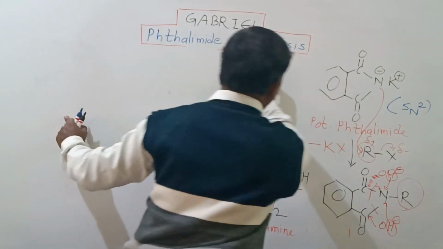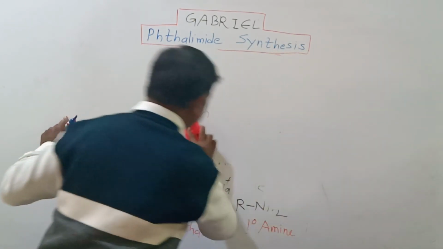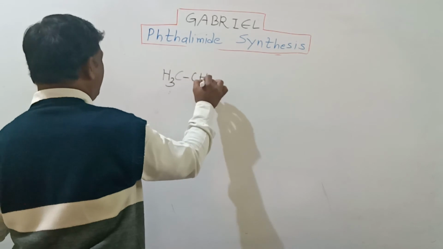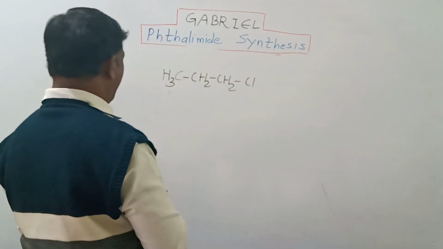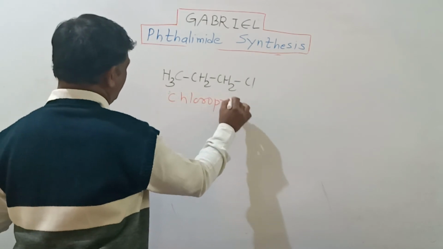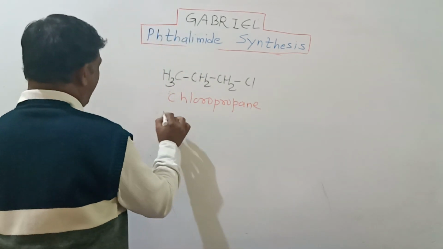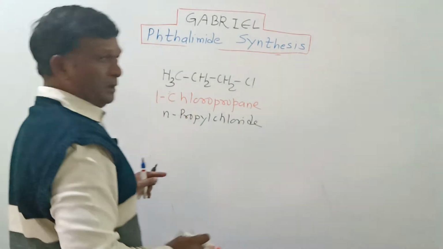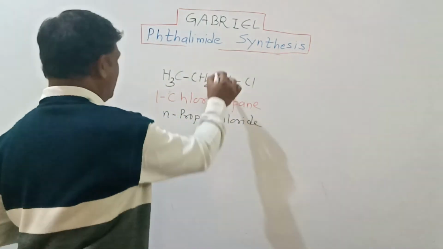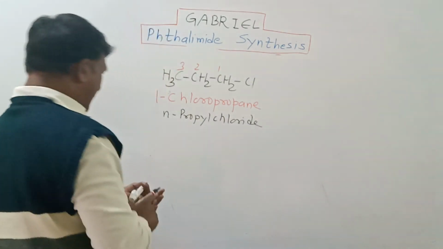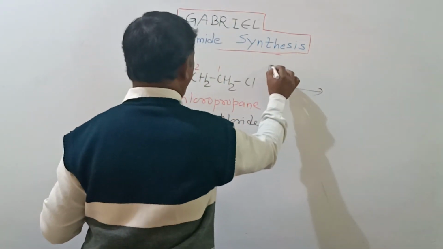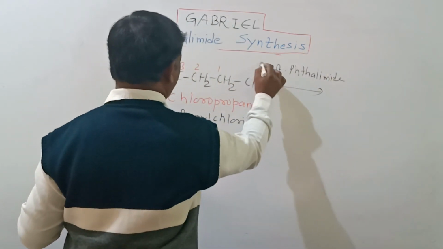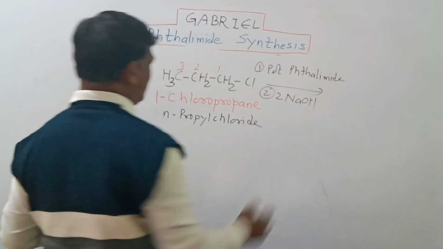Let's look at a single example of this reaction. Say we start with this alkyl halide CH3CH2CH2Cl, which is called chloropropane. It is also called n-propyl chloride. In IUPAC nomenclature, it is called 1-chloropropane because it is carbon number 1, 2, and this will be 3. So 1-chloropropane, when reacted with potassium phthalimide and then with 2 moles of sodium hydroxide,